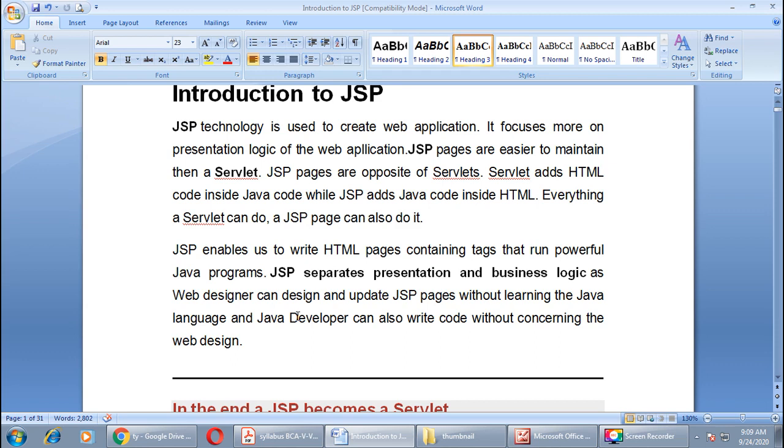The web designer can do their own work of designing the web pages, whereas the programmer who knows the Java language can develop the business logic without concerning the web design. No need to know about HTML pages, right? So both the things can be done in a separate way.